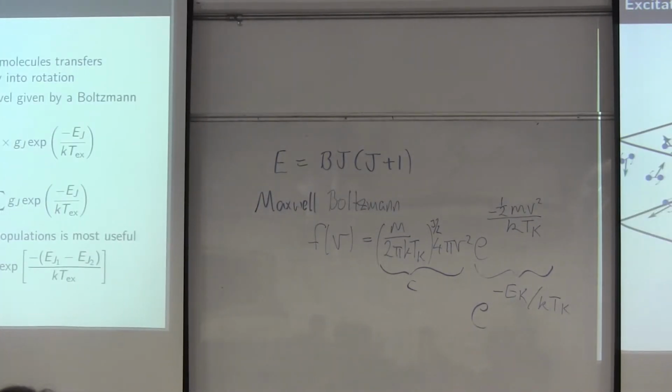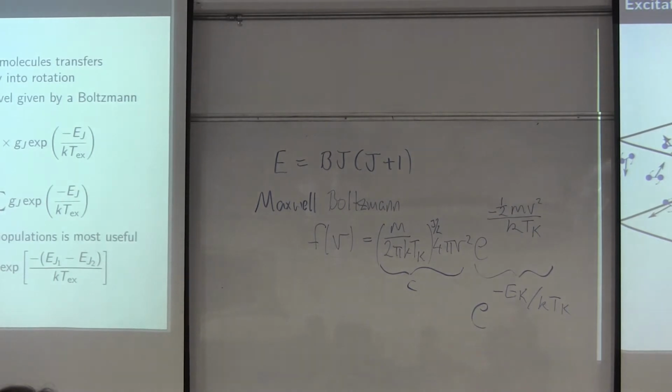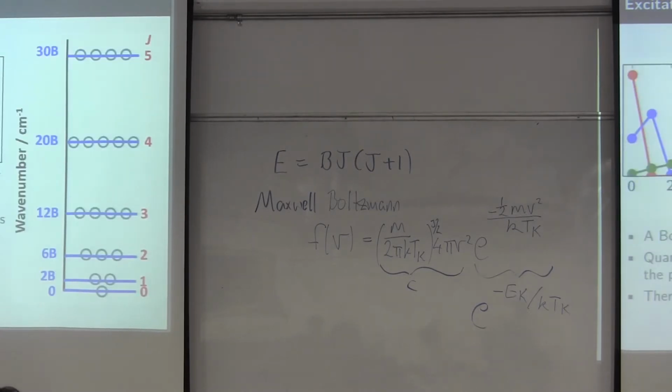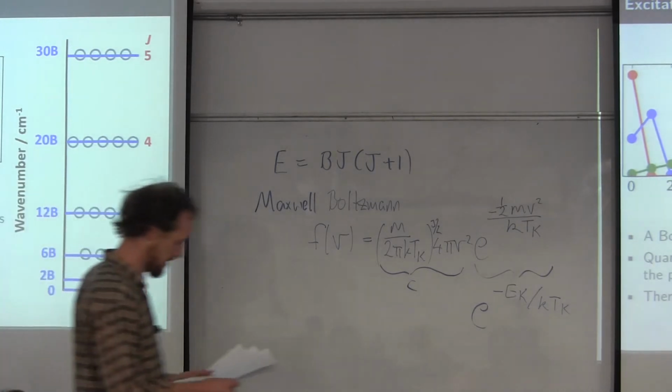And the other kind of distribution was not thinking about velocities, but talking about rotational levels of the molecule. The fact that some are rotating faster and slower means you can have a similar distribution about what the probability of a molecule having a particular level of rotation is. And the formula for that one, which I did write up because you need it in the exercise,